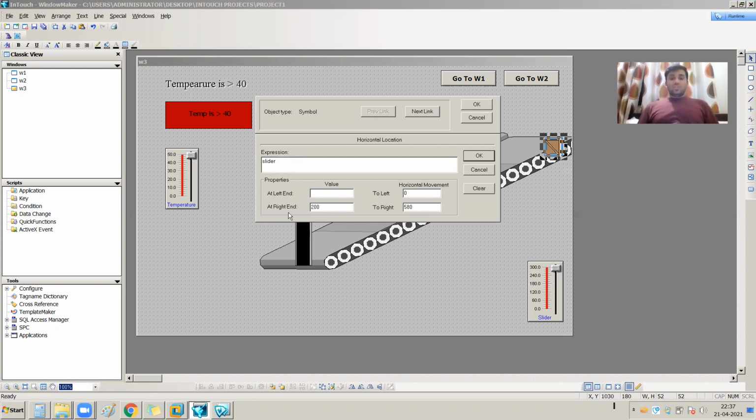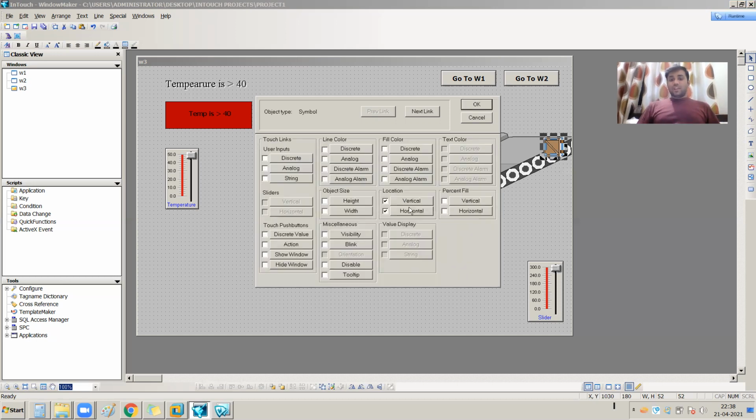Okay, so the right hand side value is, sorry, 100, because from 0 to 100 I am moving from left hand side to right hand side. Okay, and from 100 to 200 I am moving diagonally. So the right hand side top value is 100, and obviously the left hand side top value is 200.